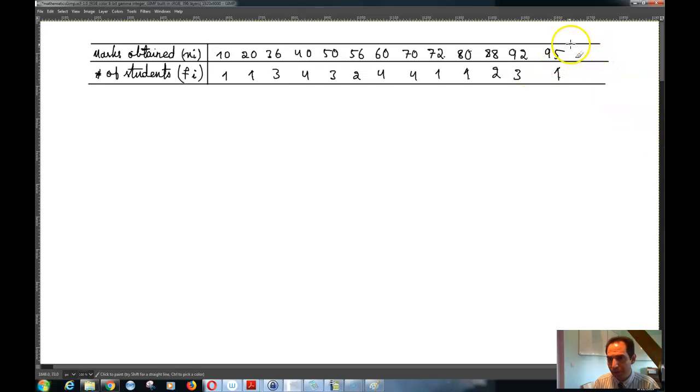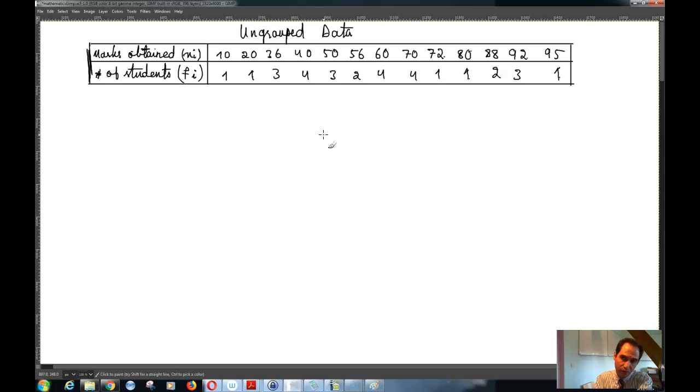Okay, so this is an example of ungrouped data. Now, in order to group this data, you can see that the marks go from